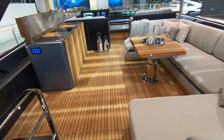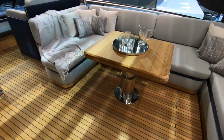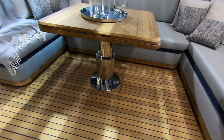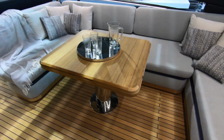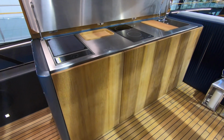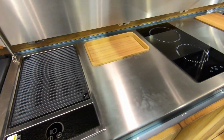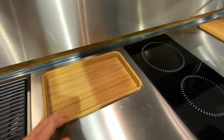But then check out the size of the seating area here. Absolutely enormous, and a really chunky high-low table so it can raise up, two folding leaves that fold out, make a massive dining area. And then this rather funky wet bar. It's all got teak doors on it. You've got electric grill, induction hob, little teak tray that comes out,